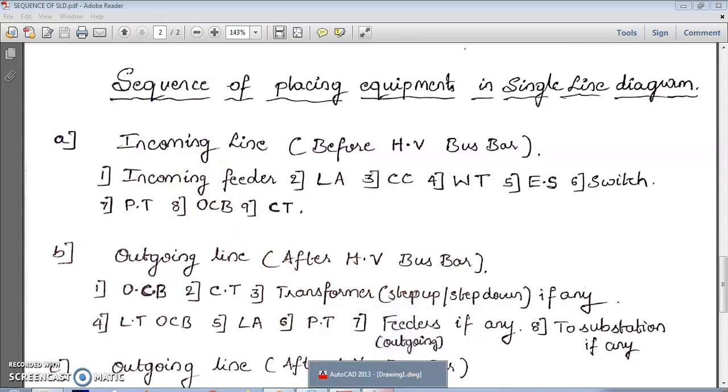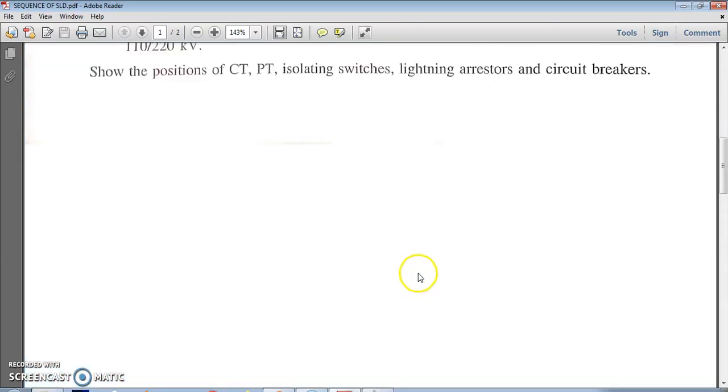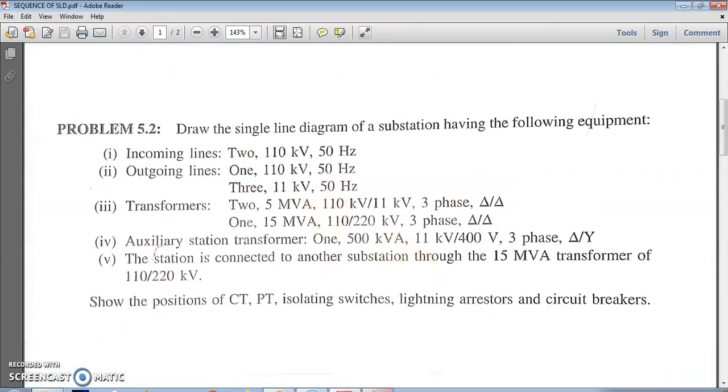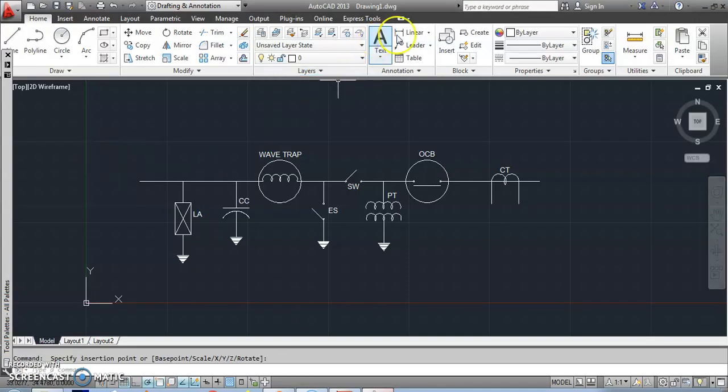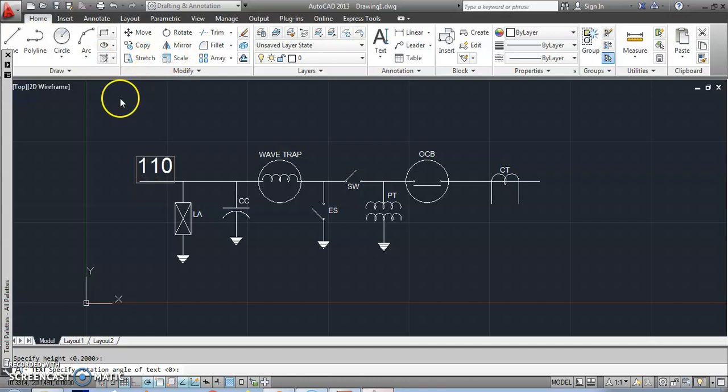How much is the value of that? 110 volt 50 hertz, right? 110 volt 50 hertz. Shall write it if you want. 110 volts, 50 hertz.